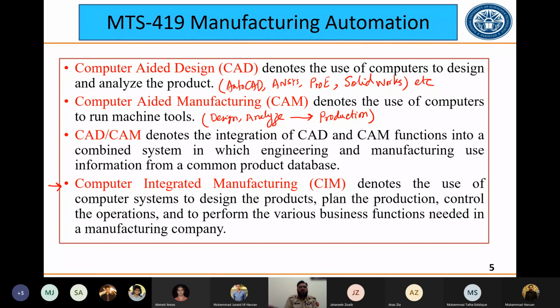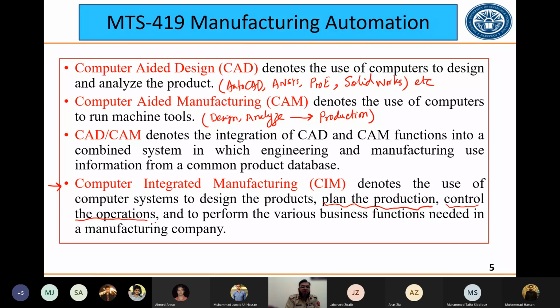So computer integrated manufacturing is a little advanced version of CAD CAM, which says the use of computer systems to design the product, then plan the production. Plan the production means that we are trying to make some processes computerized, controlled by the computer. So we plan that production. Then we control the operations. And the